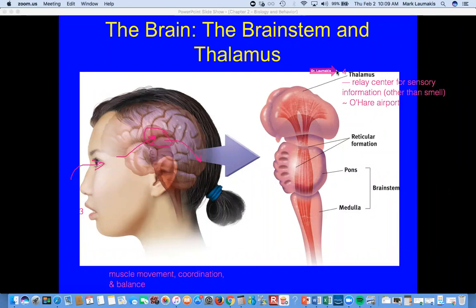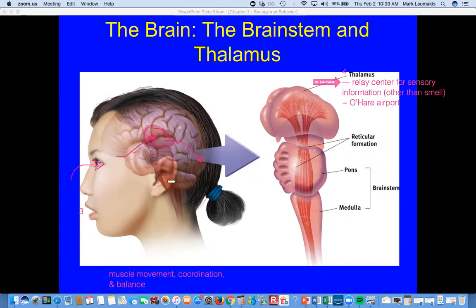We're going to come back to that a couple times. So keep that in mind because we have a whole section on sensation and perception right after test number 1. And we'll even talk about the thalamus when we get to the section on schizophrenia, one of the psychological disorders where you see things and hear things that aren't present. Okay. Turns out that people with schizophrenia have a thalamus that's smaller than we would expect and a thalamus that is less metabolically active than we would expect. And what do they get? False sensory experiences that we call hallucinations. Okay, so that's the deal there in terms of what the thalamus is involved with.